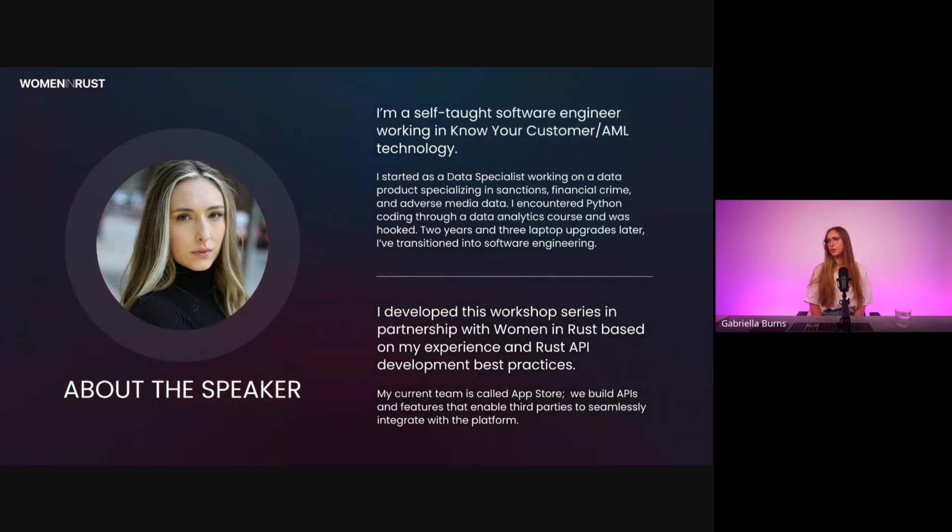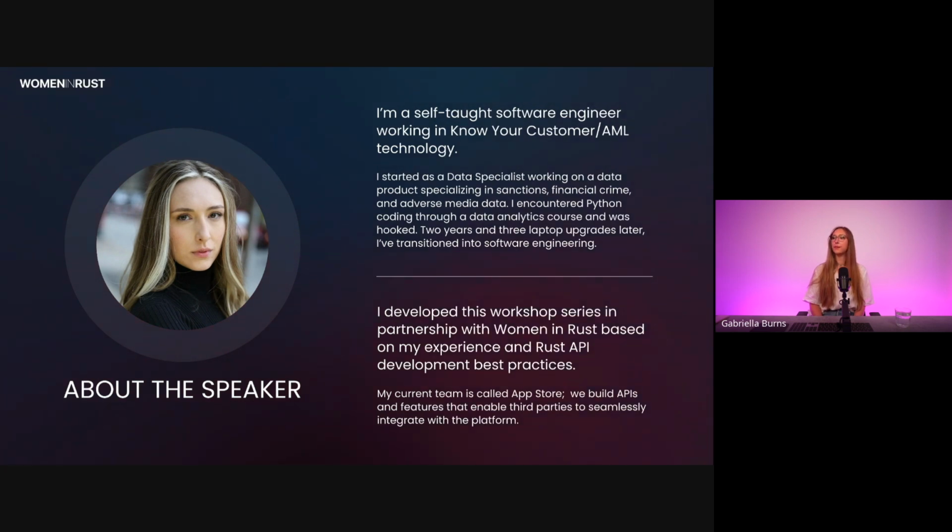The work was interesting, but there were parts of the job that I didn't love, mostly making Excel spreadsheets. And so I took a data analytics course to try and help with that. And then I encountered Python for the first time, and everything just sort of clicked. I realized that there are tasks that I didn't love doing that I could automate through Python.